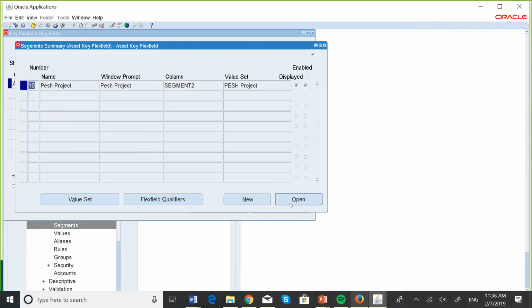So this is what is here at the moment. So we are going to change the window prompt, and we're also going to change the name of the value set, but we're not going to change the value set here that's attached, just the name, and then we're going to add some more values that we can pick from. Okay,